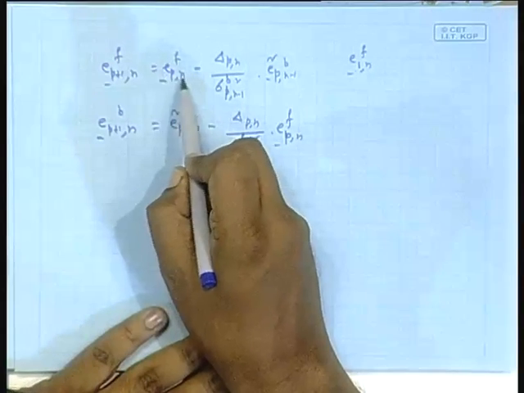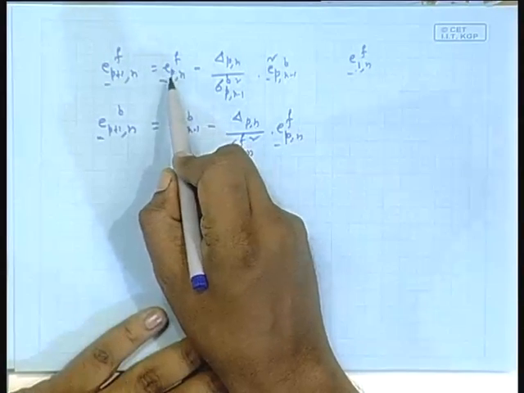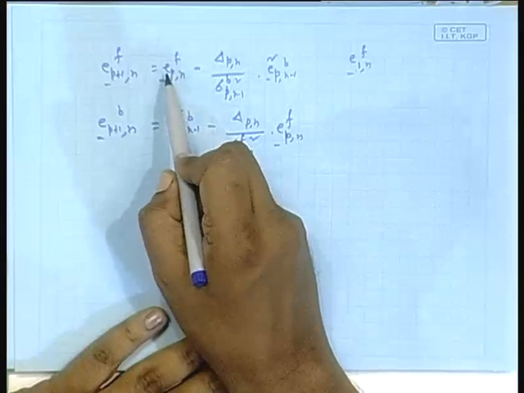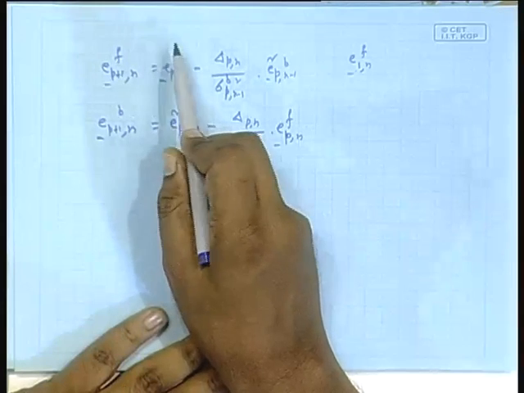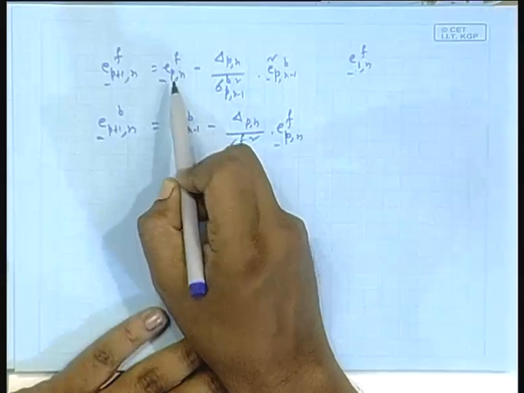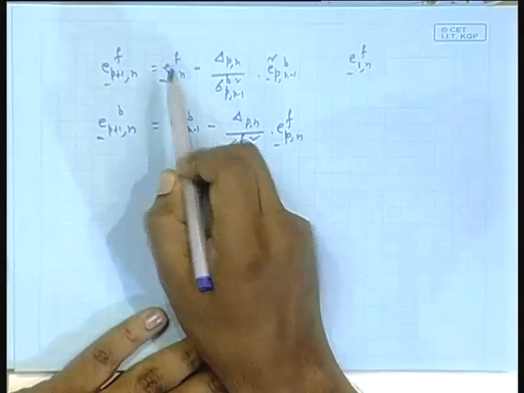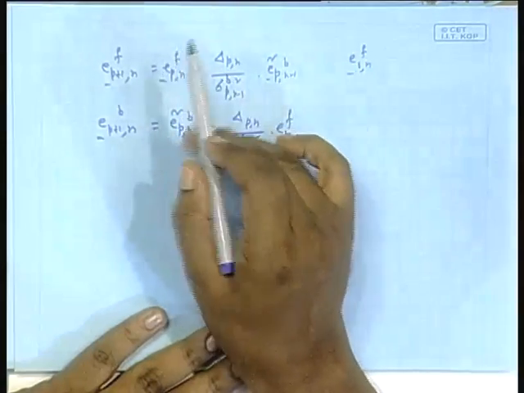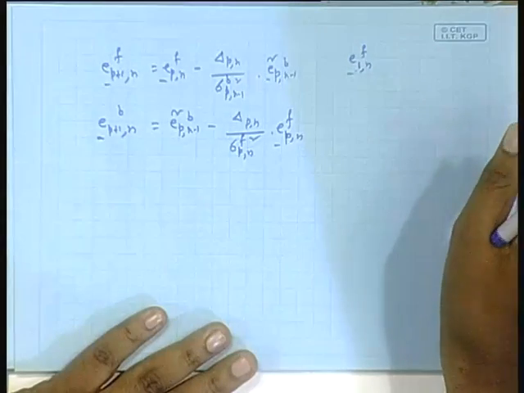Remember, when you say E p n, we start at where the problem is. When I say E p n f, what is the subspace? Subspace spanned by Z inverse 1 x n to Z inverse p x n. If I put a 0 here, that definition is invalid, because Z inverse 1 x n up to Z inverse 0 x n has no meaning, isn't it?